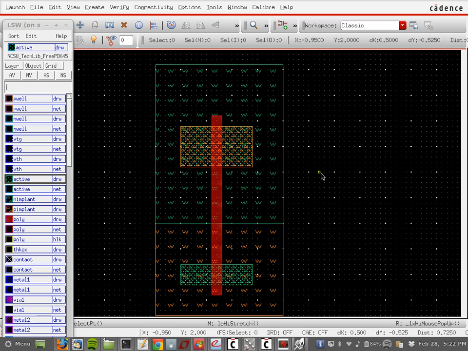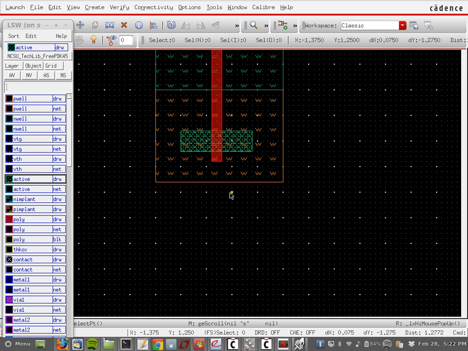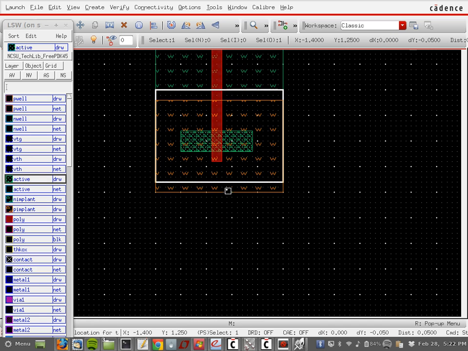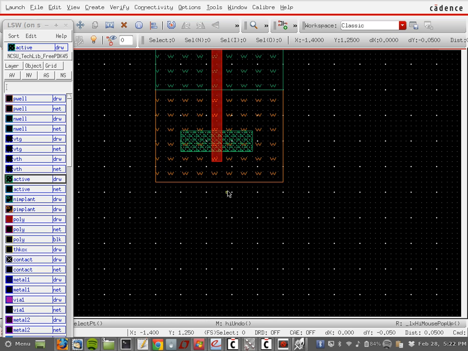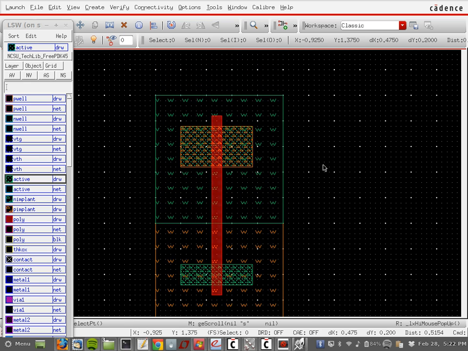So if I select it here, I can stretch it like that. So now I want to put the VDD and ground lines in order to